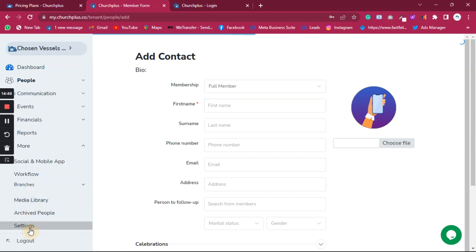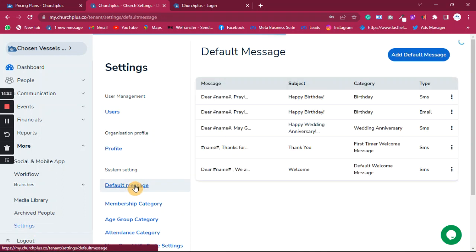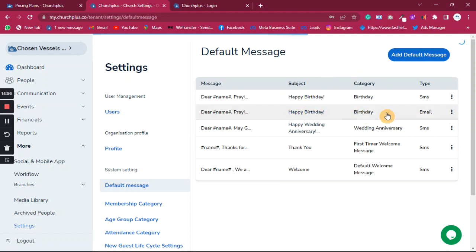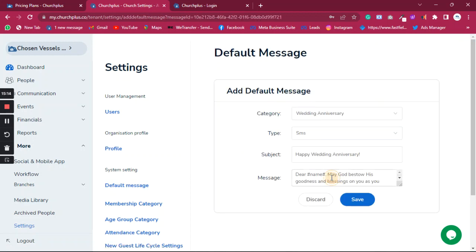So there is a place under this place that we called default messages. The default messages, like for birthday and wedding anniversary, are set automatically. So we have SMS for birthday, we have email for birthday, we have SMS for wedding anniversary, but we don't have email for wedding anniversary. So I'll just go in and edit this, copy this,